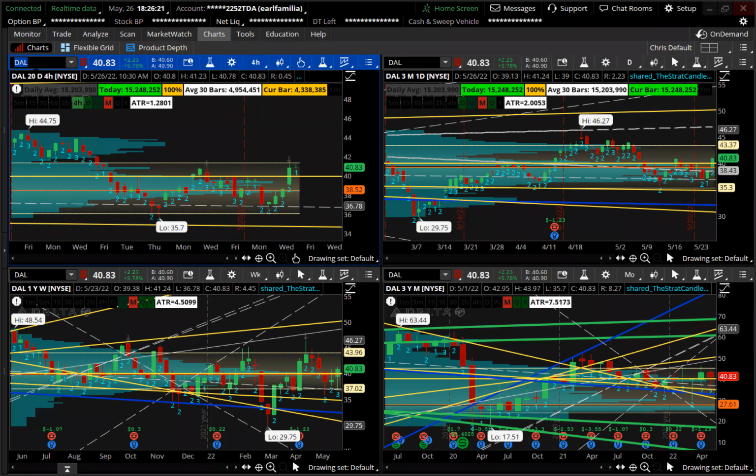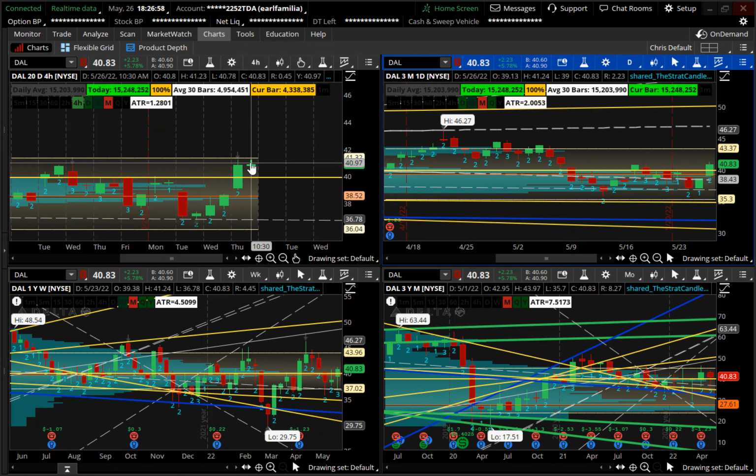Oh man, this almost looks like a shooter here on Delta. Don't like that. I still feel like this one's gonna go 2 up on the day tomorrow though. The setup doesn't look very good, but 2 up continuation would be my thought.